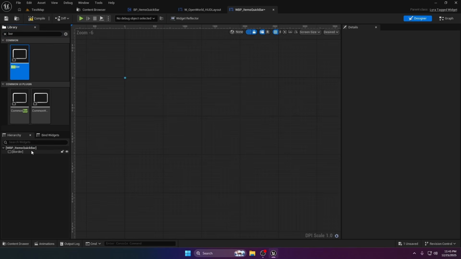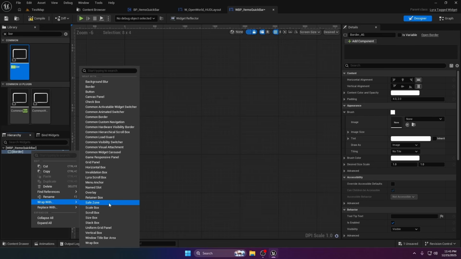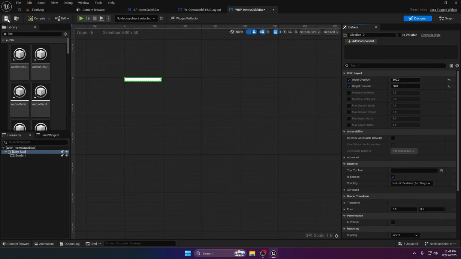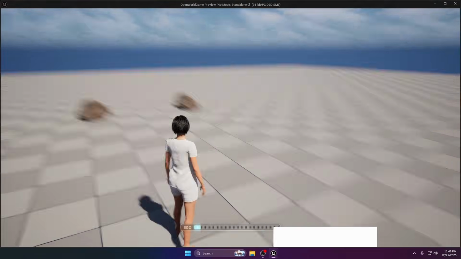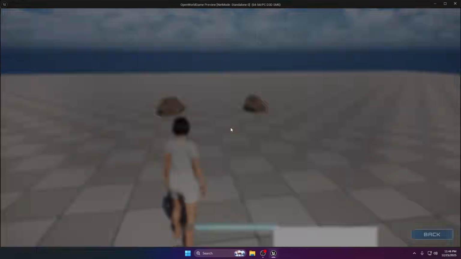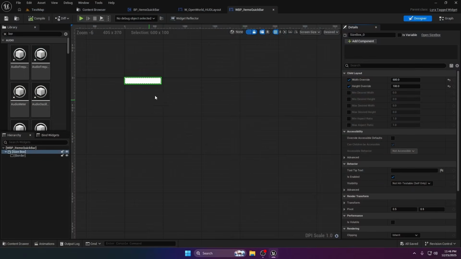and let's wrap it with size box. Let's give it like in the width 650, here 100. So if we play right now, as you can see, it's there. So let's just